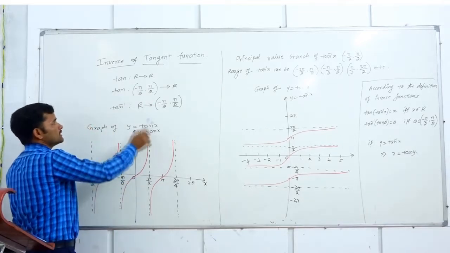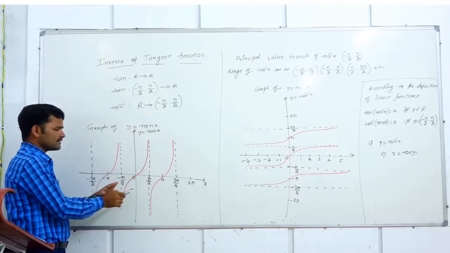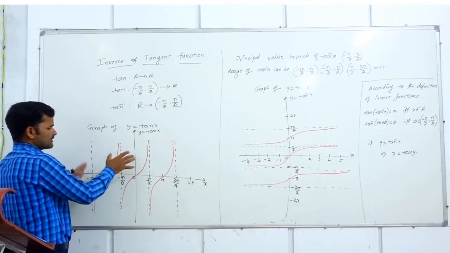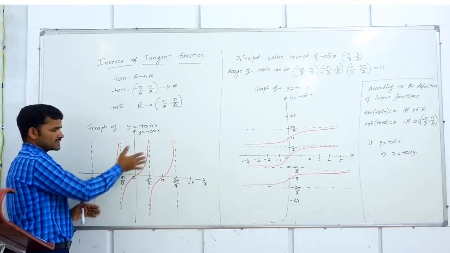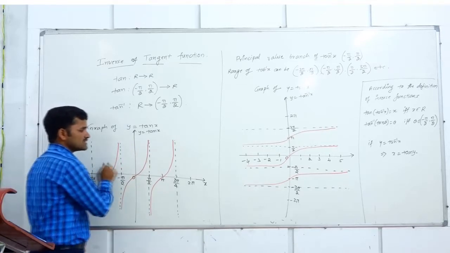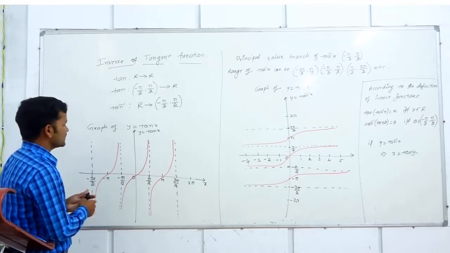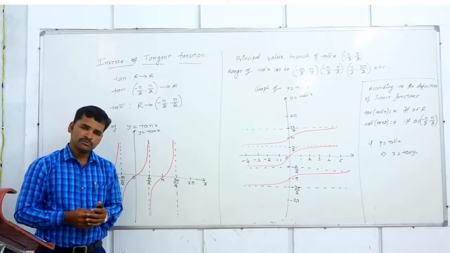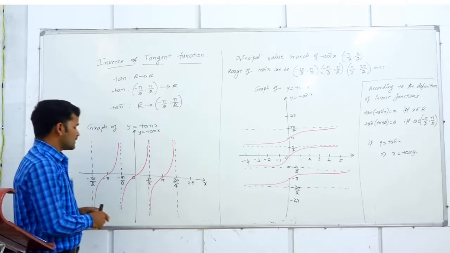Now, to make the given function one-one, what do we do? Graphically we will analyze. If you draw the graph with the domain as all the real numbers, the graph looks like this. If you draw a horizontal line anywhere, it cuts at many points. Hence the given function will not be one-one. To make the given function one-one, we restrict its domain.